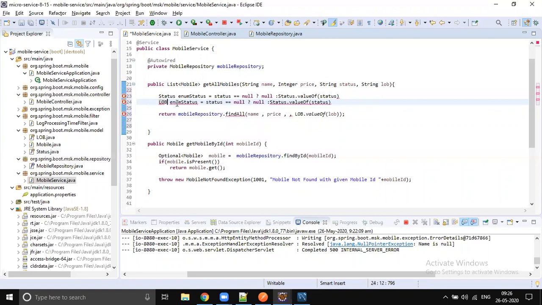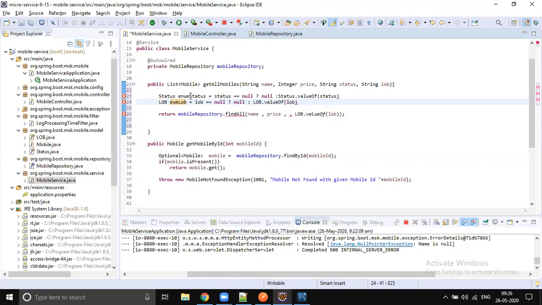So LOB, it's enum LOB. Let's change it to enum LOB, and it should be converted from LOB dot valueOf LOB. If the value is not coming, then don't do the conversion.